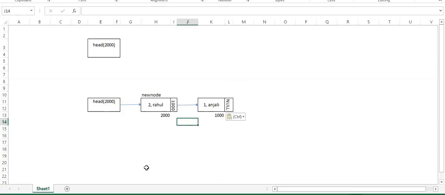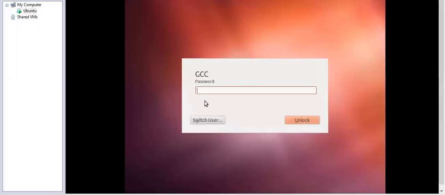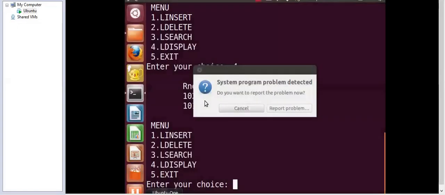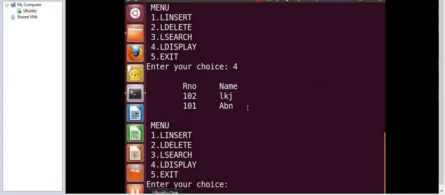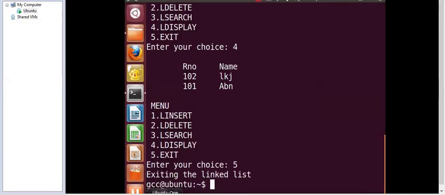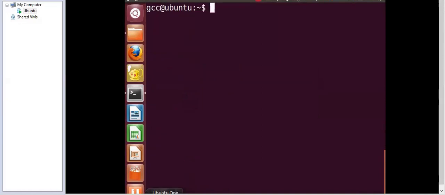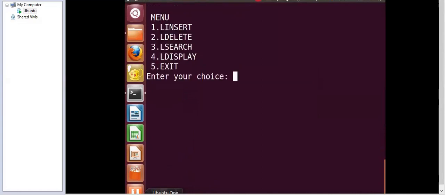So here, let us understand this with the help of the program execution. First we'll perform insert.